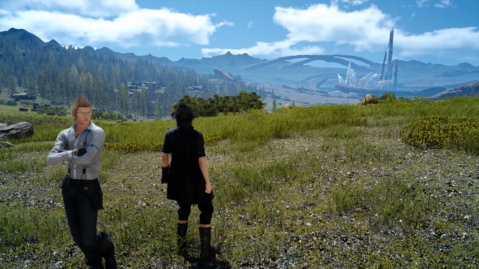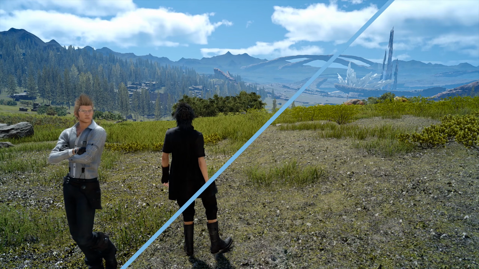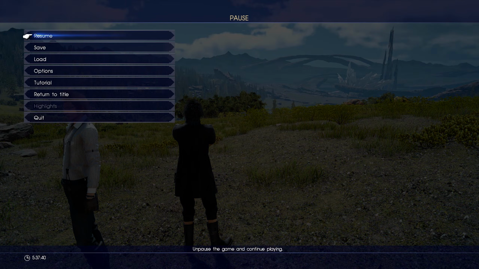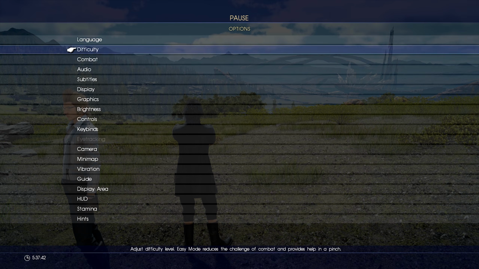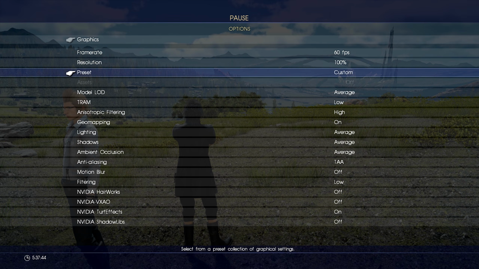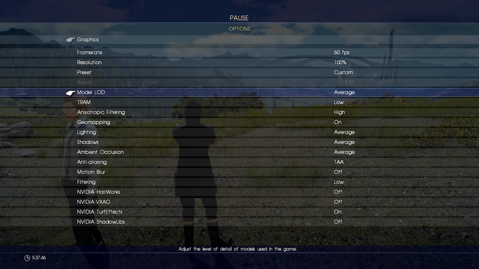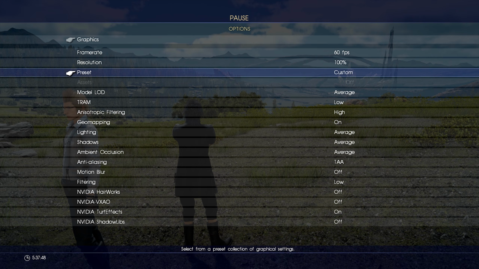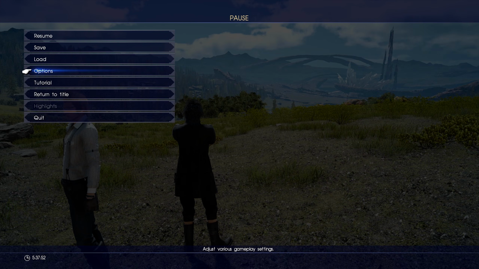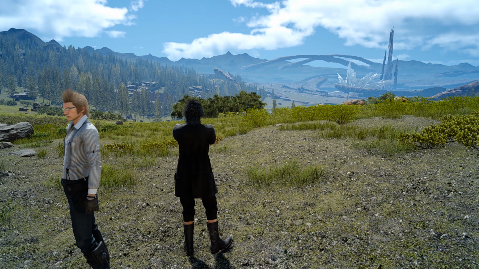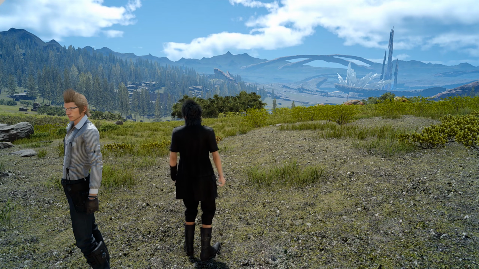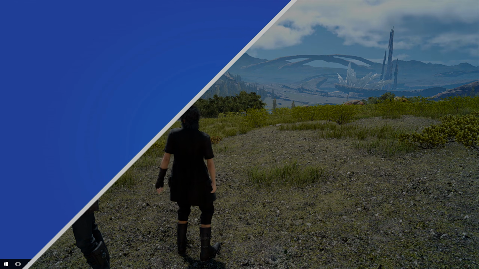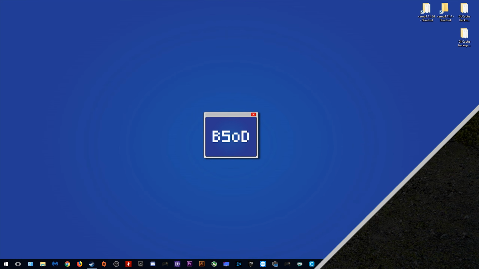As you can clearly see, we have much better grass and foliage density, as well as it rendering in at much further distances. Okay, so when we switch back to our stock configuration and come to our options menu and our graphics settings, you can clearly see that this assets feature right here is disabled. For a lot of people out there, if you have not downloaded the high resolution pack that was made available on Steam as DLC, you will not have access to this feature. Let's jump straight across to my desktop where I'm going to show you exactly how you can enable this option